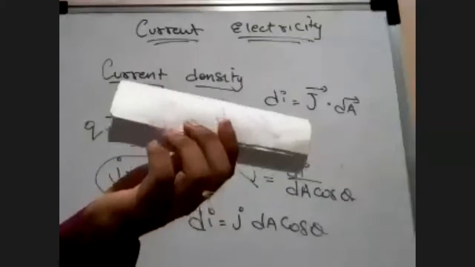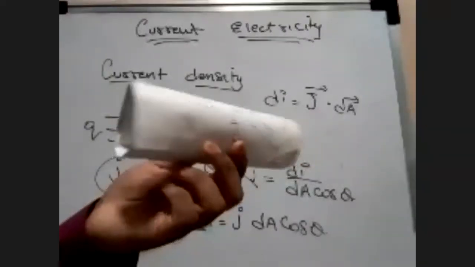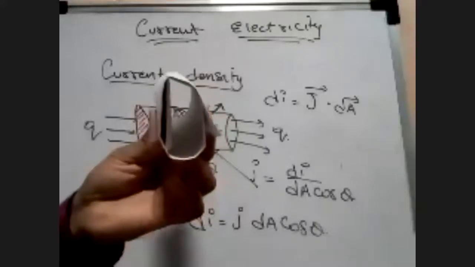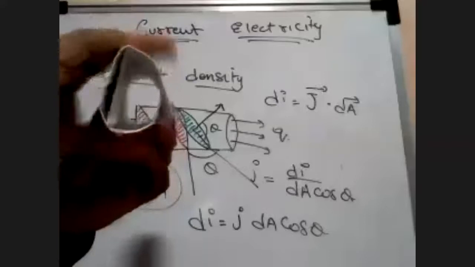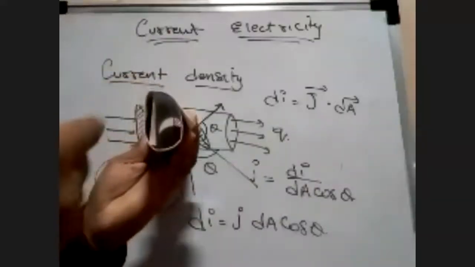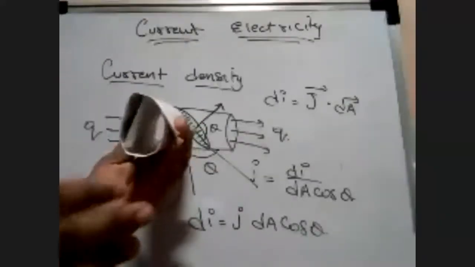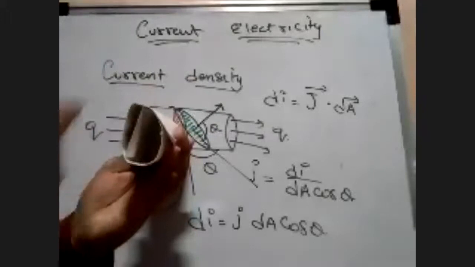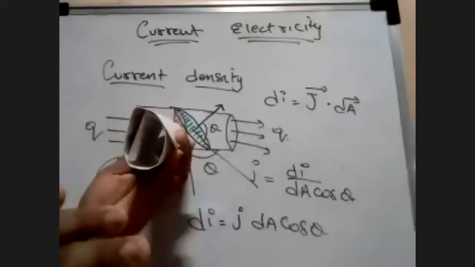So I told you to consider the area of cross section. What is the area of cross section? It will be a circle, no? So if you see this circle, if electrons are entering through this circle, what is the angle of attack of the electrons with respect to the area of cross section? 90 degrees. That is what I meant.